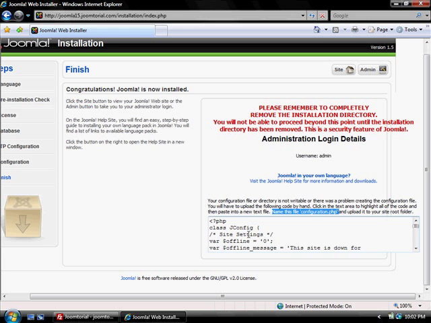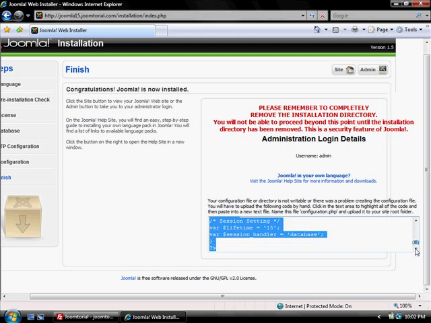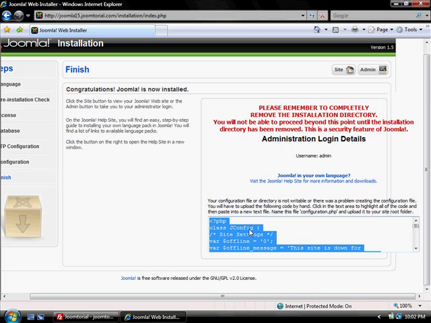So what I'll do is if I click here, the entire text, the entire configuration gets selected. So what I'll do is I'll copy that